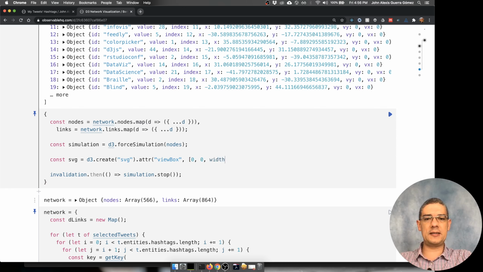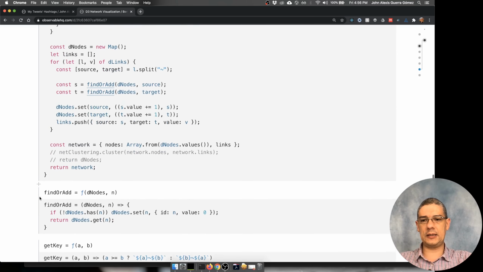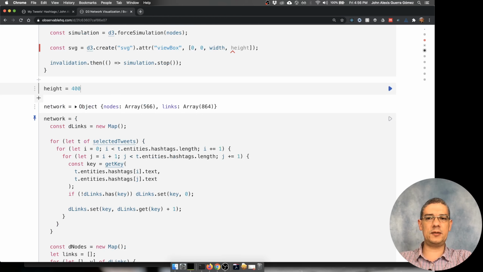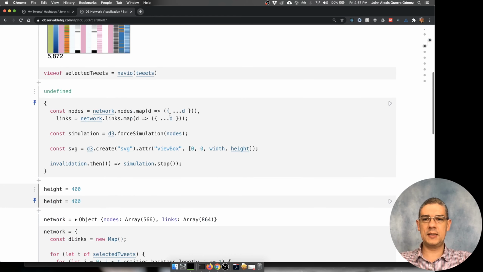So in this case, I want to use the typical trick of the width and the height for the viewBox. So it will expand in there, and then I guess I can put the height in here. Let's say that the height is going to be 400 pixels for the moment. And finally, you want to return